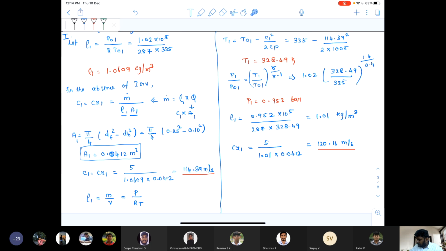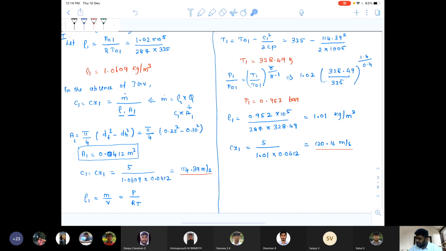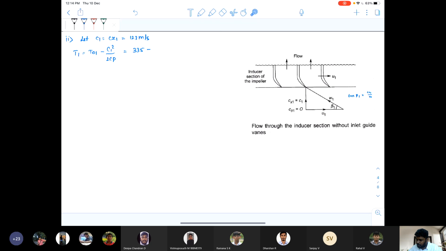Here, for calculating the value of T, we had considered the value of C1 square as 114.39. Now we are considering it as 123. Therefore, you will be getting 335 minus 123 whole square divided by 2 into 1005. By calculating, you will be getting the value of T1 as